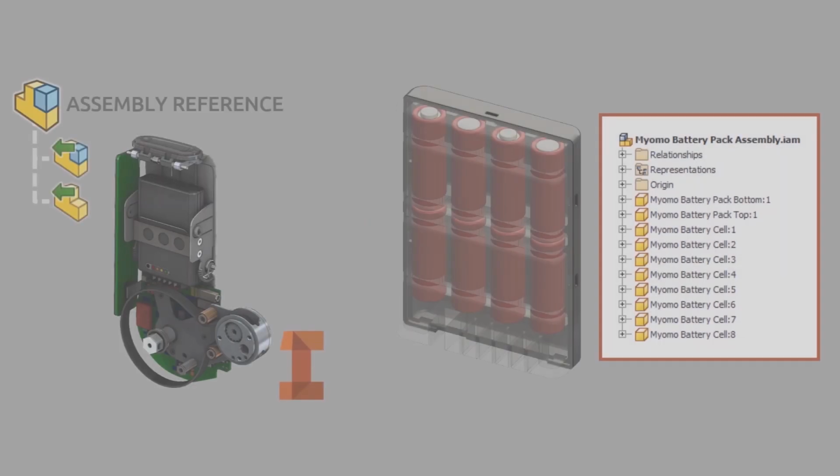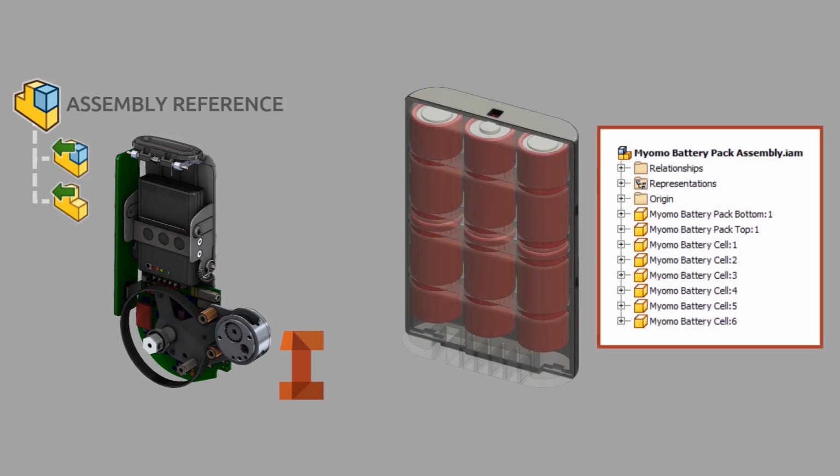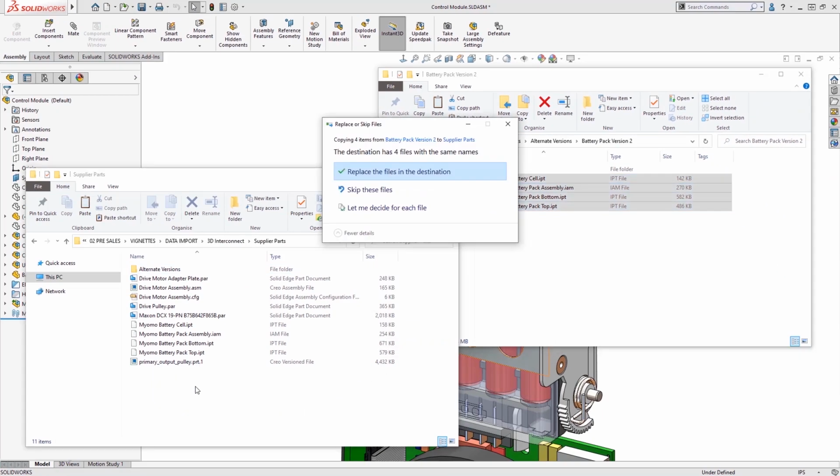Now that the design is in place, let's look at how 3D Interconnect handles changes that take place to the native CAD geometry. Within Autodesk Inventor, we've made several changes to both the parts and the assemblies. You can see that not only are the batteries longer and much larger in diameter, the housing has also changed, now only including 6 batteries, and much more rounded to contain their larger size. To simulate the change without Inventor, we're simply going to overwrite the existing files with the new version.